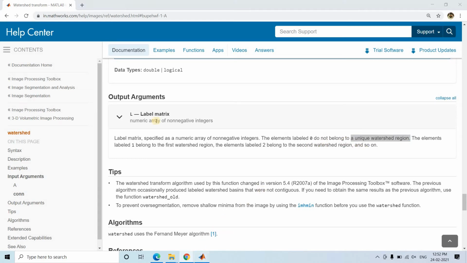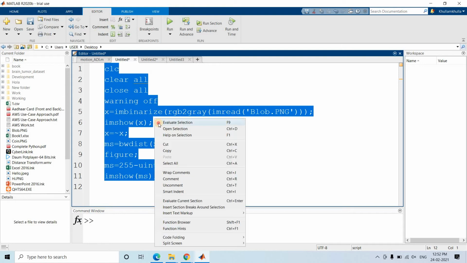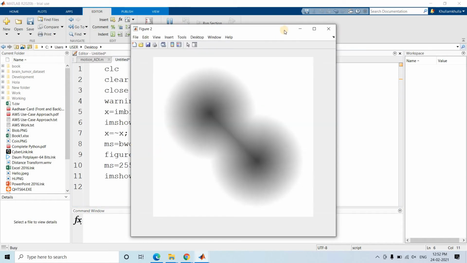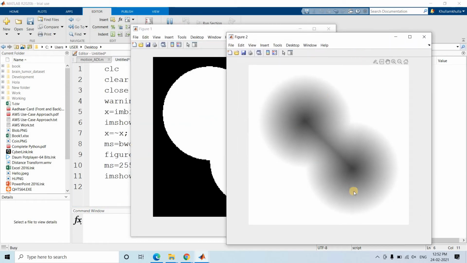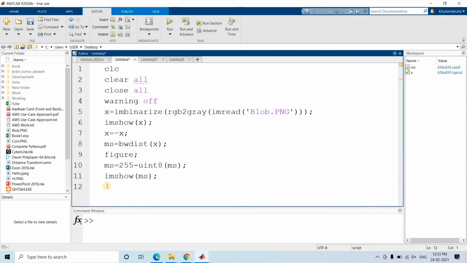Okay, right. So let's run our previous code which we have done as pre-processing. So these are two segments. You can clearly understand that this is one object, this is another object, which are overlapped. If we apply segmentation, a proper segmenter should create a line through this. Let's see how it is working. So H is equal to watershed of MS. Okay, we have applied watershed segmentation.